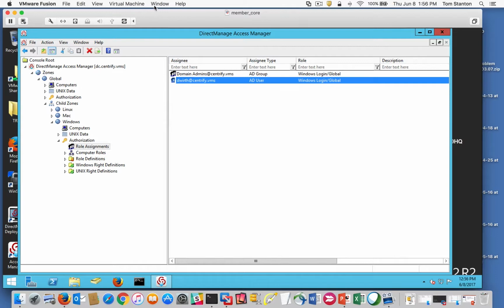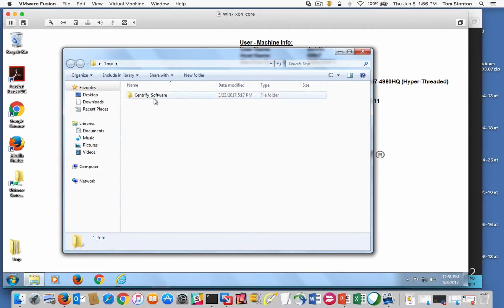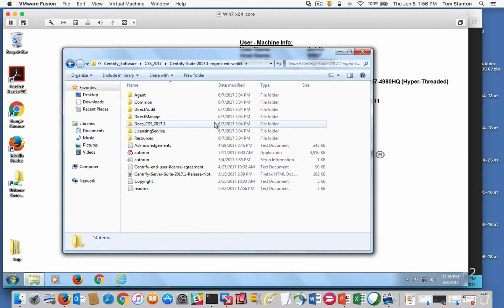So now let's go over and do the install. On Windows 7, I'm logged in as Diana Worth. Go to my software. So when I unzipped the Centrify software, this is where it went, under here. So the Centrify, I'm doing the 2017.1 suite. If you go under there, this is where I would run when we installed the back end. This is the autorun for installing the whole back end, zones and things like that,